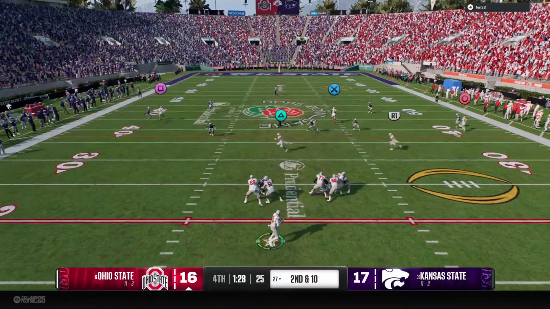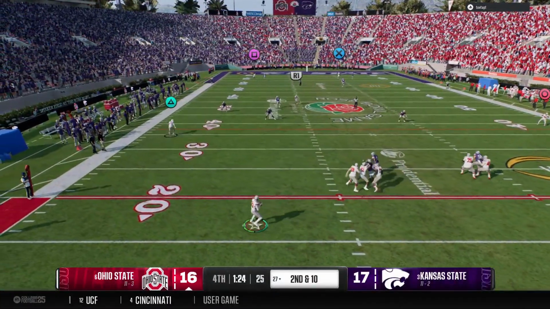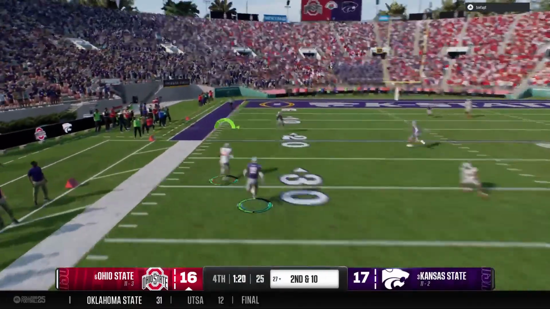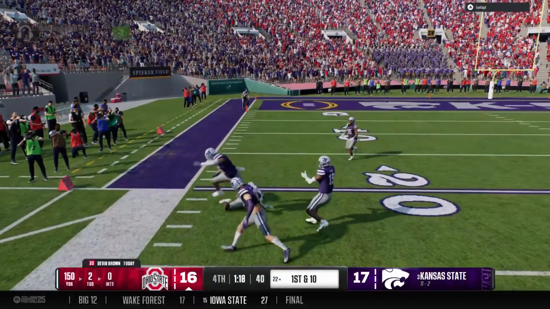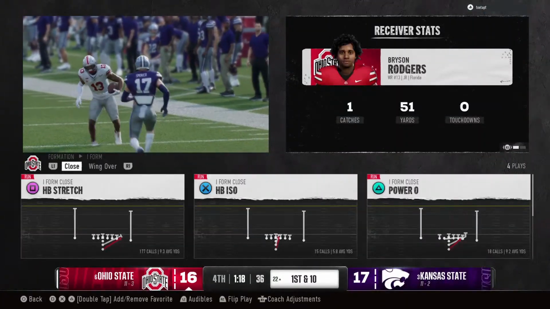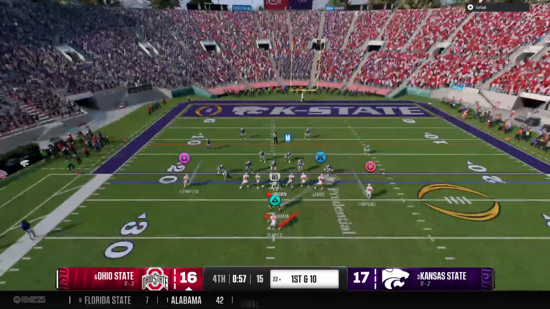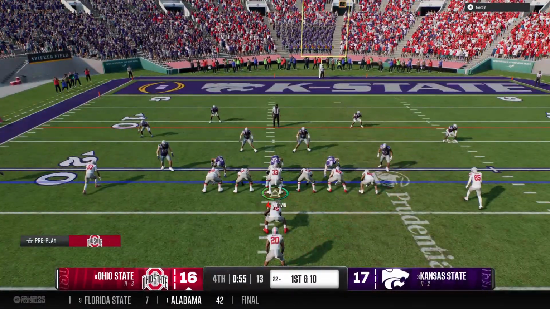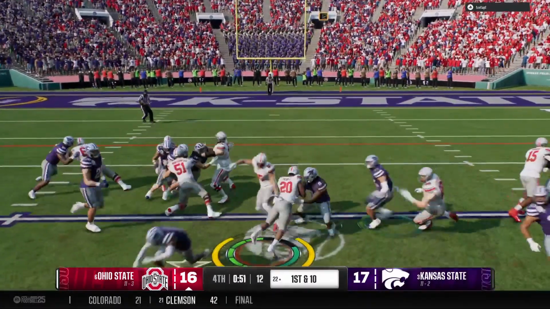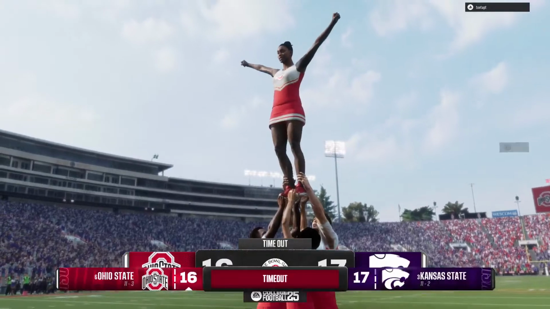Looking to pass here on 2nd down. And now in the final couple minutes, here's a deep shot. Catch made. It's a big play inside the 30. They bring him down, but that is a huge play for this passing game. Big game. The Buckeyes lining up here on 1st and 10. Takes the ball, tries the right side here. Timeout is called by the defense. That's their first of the half.